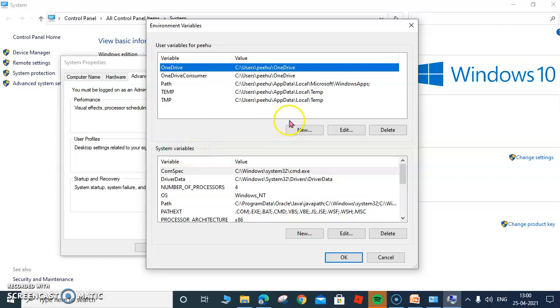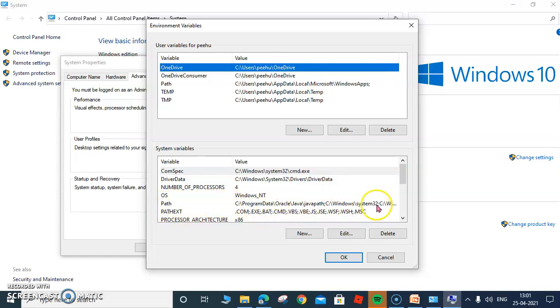You can set the path over here also and here also, but if you set the path here, it will be only applicable for the administrator. But if you set the path over here for system variables, it applies to the whole system. So even the administrator as well as any limited user can use the JDK, because the path is applied for both. As you can see, some paths are already set here.